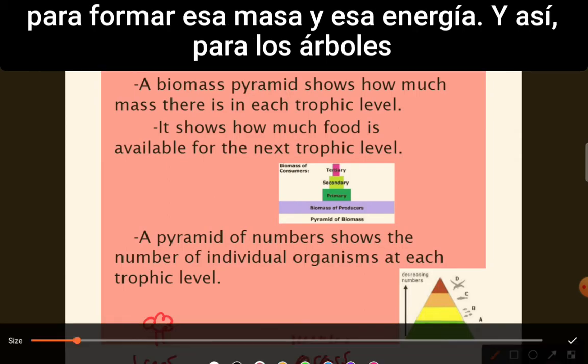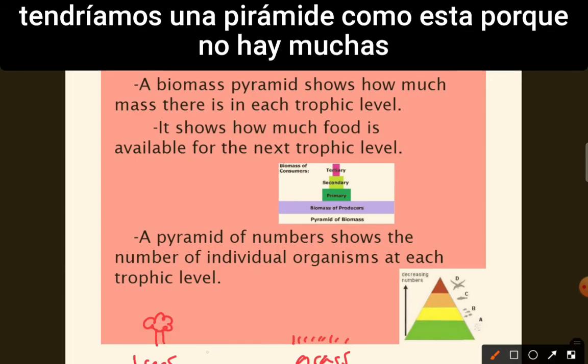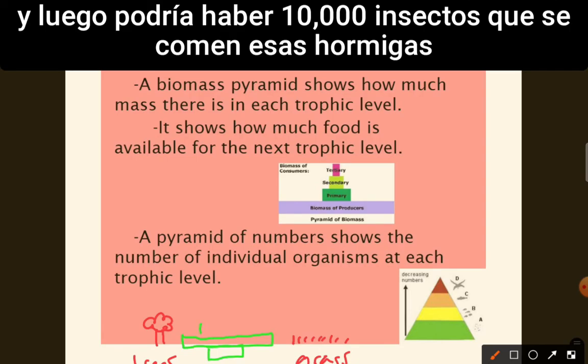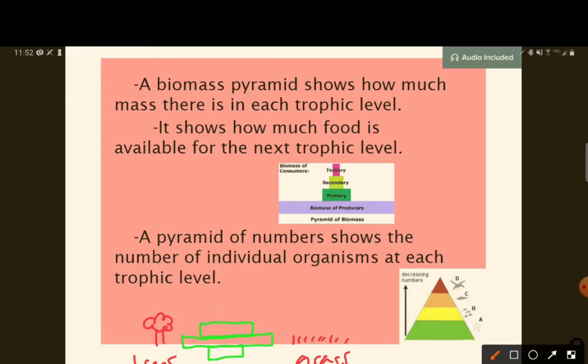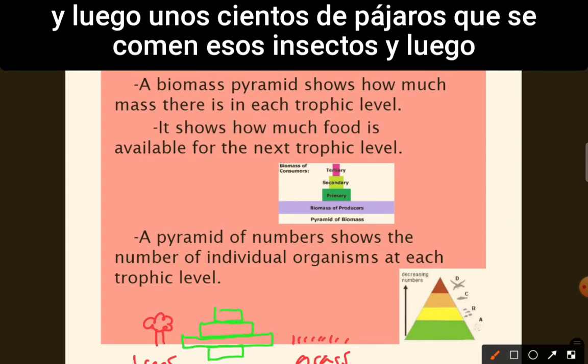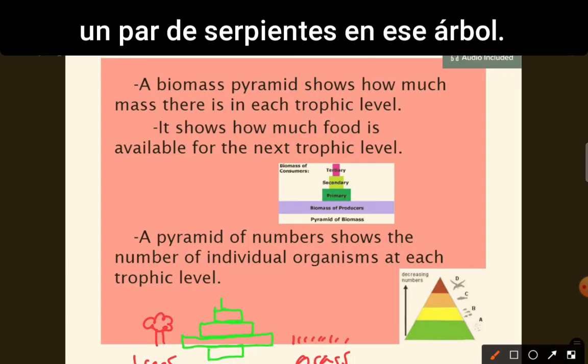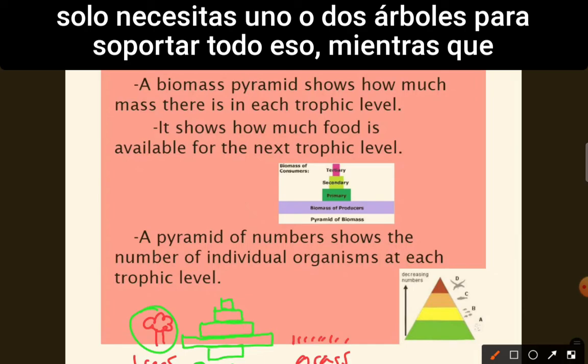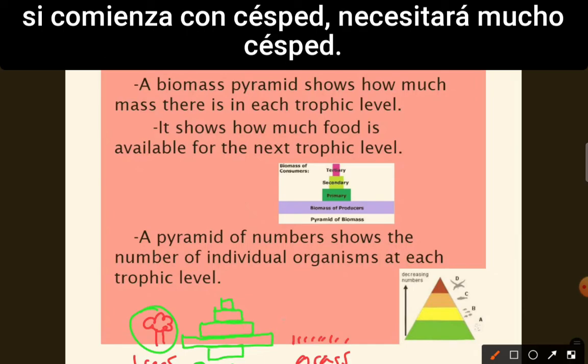And so for the trees, we would have a pyramid like this because there's not many trees. But on those trees, there might be 1 million ants. And then there might be 10,000 insects that eat those ants. And then a few hundred birds that eat those insects. And then a couple of snakes on that tree. And so the beginning here, in terms of numbers, is small because you only need 1 or 2 trees to support all that. Whereas if you start with grass,